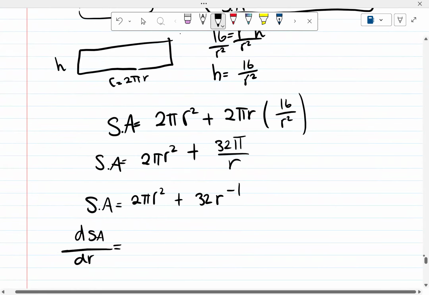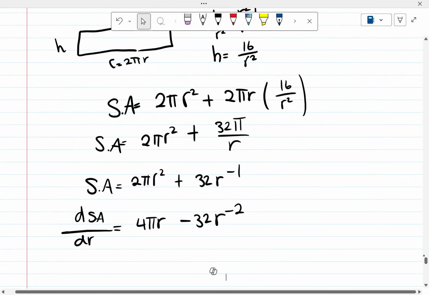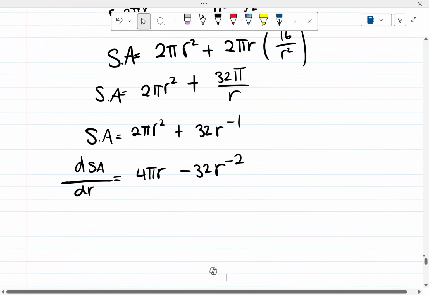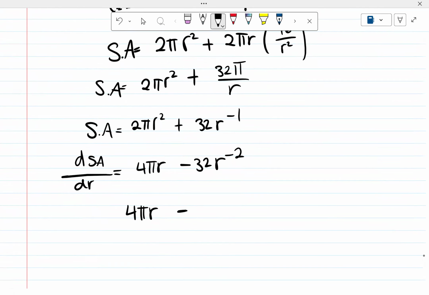The derivative of 2 pi r squared is 4 pi r. And then the derivative of 32 pi r to the negative 1 is negative 32 pi r to the negative 2. You get 4 pi r minus 32 pi over r squared equals 0. And if you add this to the right, so if I add 32 pi over r squared,